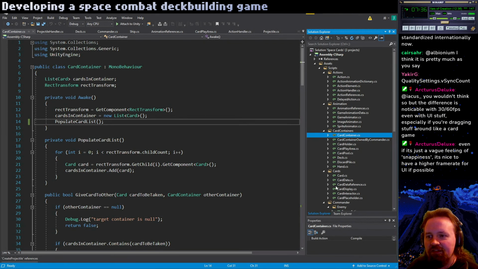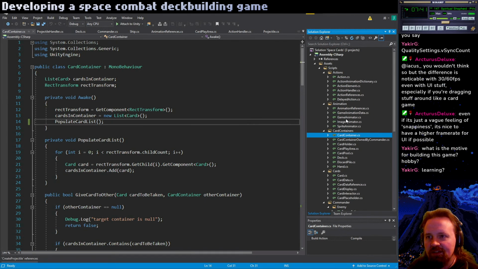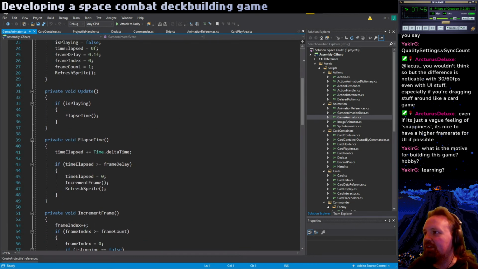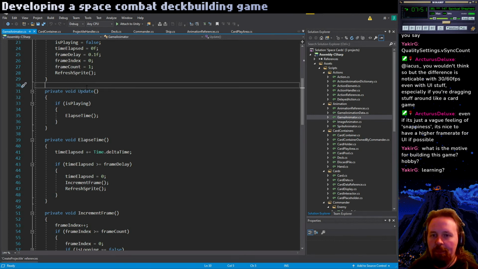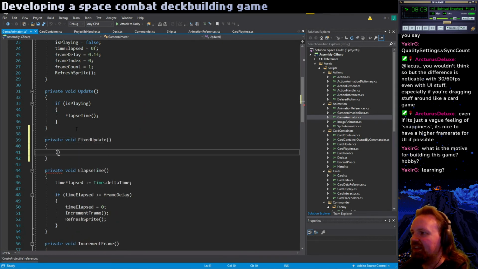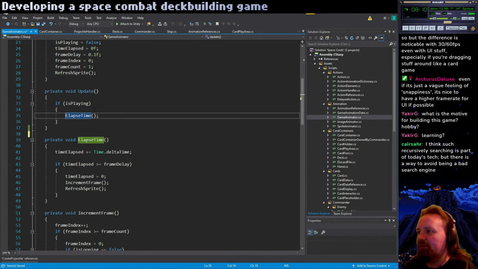But yeah, just to give you a moment, if I go to my custom animator class, which is here, in this update, this is called every frame. I'm not sure exactly how that works. How long is a frame? There are different versions of it, like fixed update, which is slightly different. I can't remember exactly how they work, but here, if the animation is playing, it calls